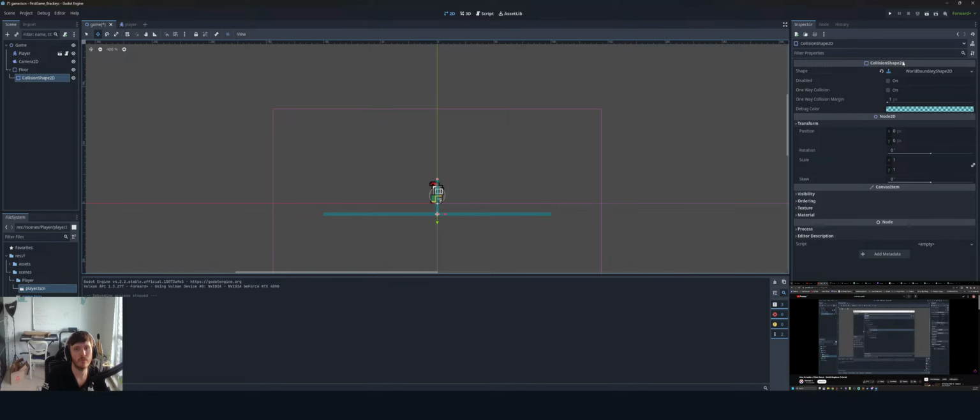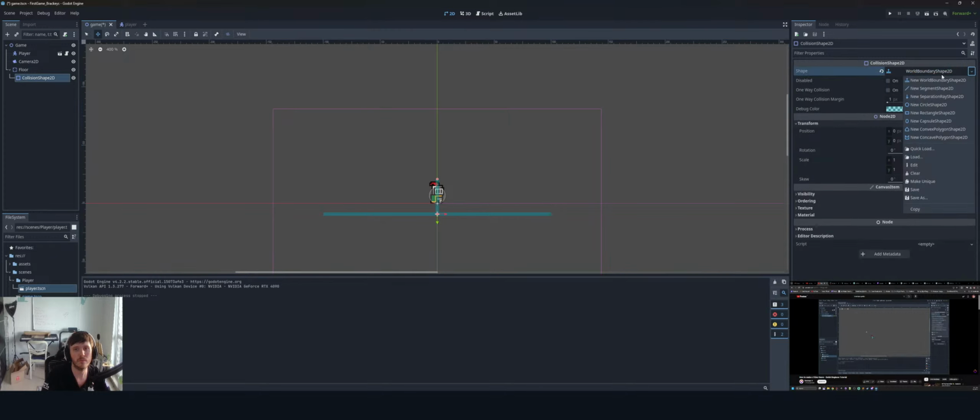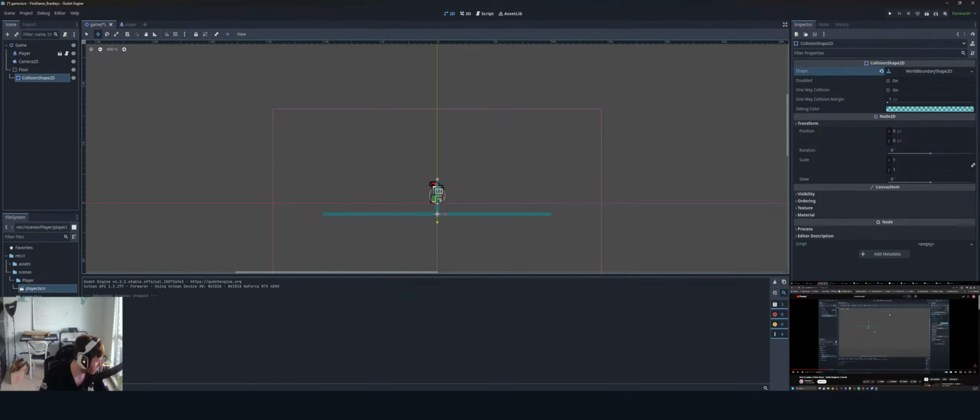So I'm going to hit Control A. Search for collision shape, and for the shape here we're going to create a new world boundary shape. The world boundary is a type of collider that is perfect for stuff like, well, world boundaries, because it's going